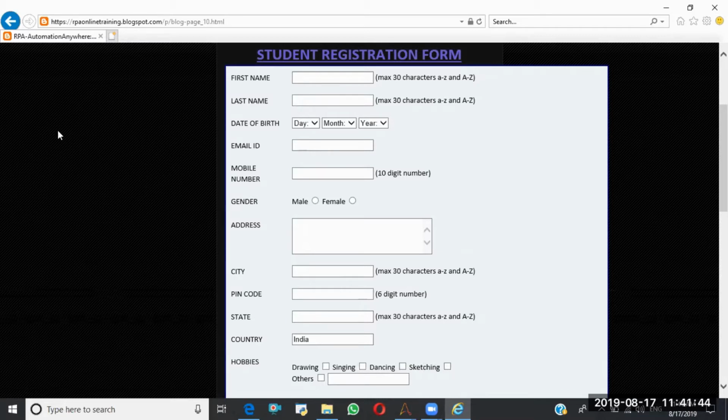So we have 21 objects on this screen. If I want to do this, I need to write 21 commands in my taskbot.